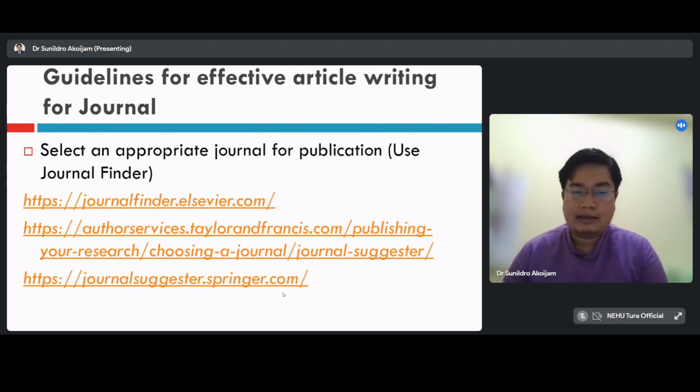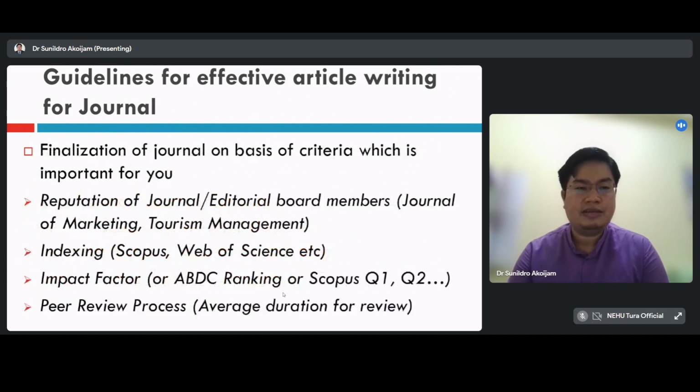Then maybe when I insert my title, the abstract and the keywords in any one of these platforms and I click search, they will come out with at least 6-7 journals that may be suitable or relevant for my paper. So these platforms are very useful whenever you get confused about which particular journal you should publish in. Okay, the first one is for Elsevier, the second you see is for Taylor and Francis, then the third is Springer. Likewise, you will find many other journal finder platforms for different journals or reputed publishers.